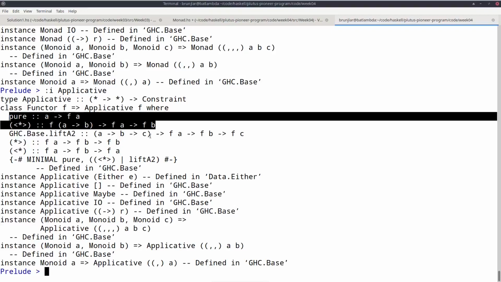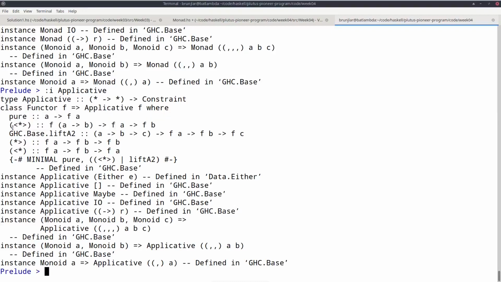Then there's this one, which looks a bit more complicated. But once we have return and bind in a monad, we can easily define pure and this operator that's pronounced app. Pure is just return, and app is a library function that, given a monad, automatically implements this.